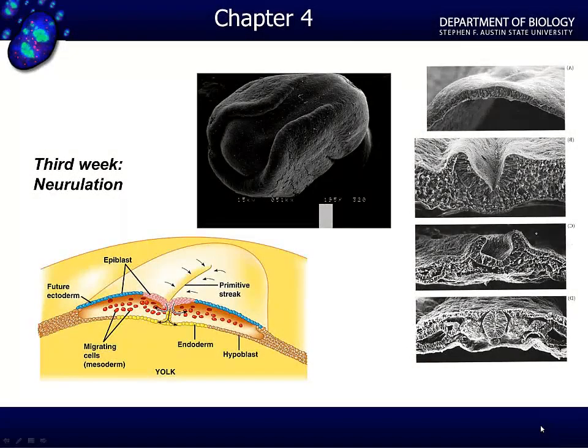Welcome to our second podcast in Chapter 4. We're going to be continuing with the third week, moving into the fourth week with the process of neurulation. We're also going to talk about the formation of somites and the beginning of the formation of the intraembryonic body cavity. On the right, again, you can see that we've got our bilaminar embryonic disc, but then we also start